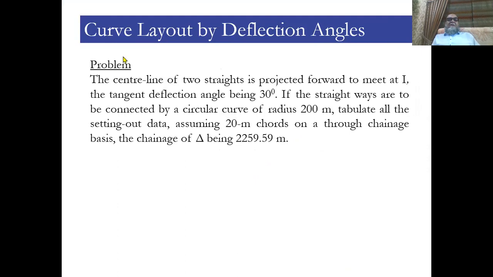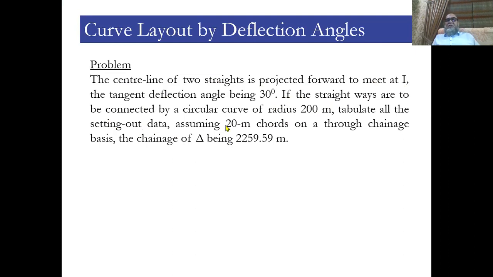Now, there is a problem. Oh, sorry, not a problem, this is a numerical. The center lines of two straights are projected forward to meet at I. The tangent deflection angle is 30 degrees. If the straights are to be connected by a circular curve of radius 200 meters, tabulate setting out data assuming